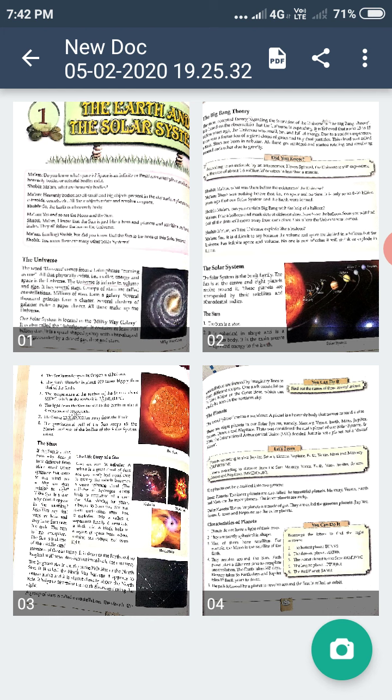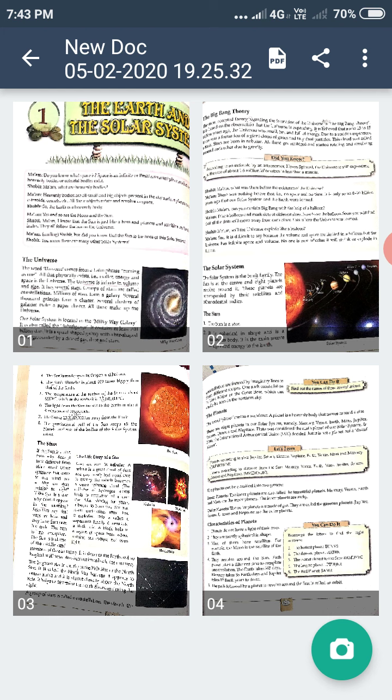Now our next question is how the universe was formed. There is a theory behind the formation of the universe that is called the Big Bang theory. It is said that 13 to 15 billion years ago, the universe was very small, was made up of, you can say, hot gases, and it was full of energy. And what happened after that? There was a certain sudden explosion.